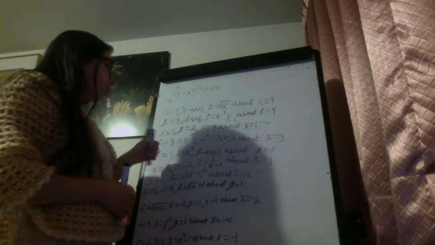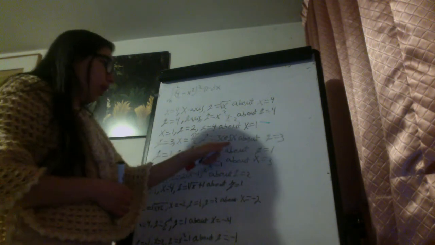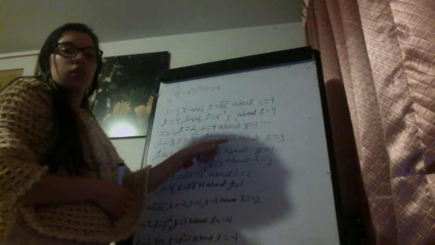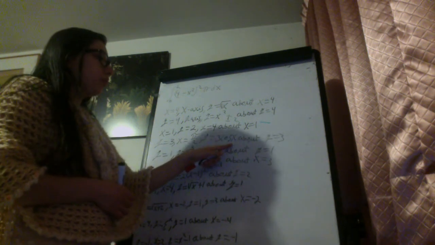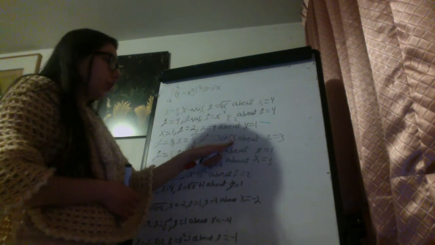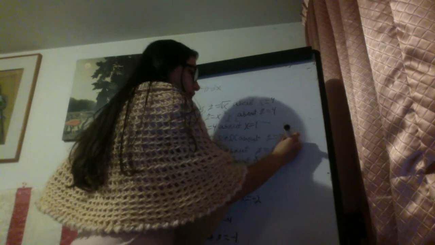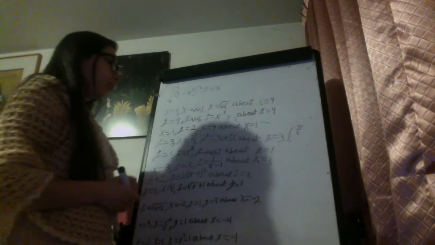So the intersection will be when 3 equals 3 cosine x, so 1 is equal to cosine x, which is when x equals 0. So the bounds of integration will be from 0 to pi over 2 of,